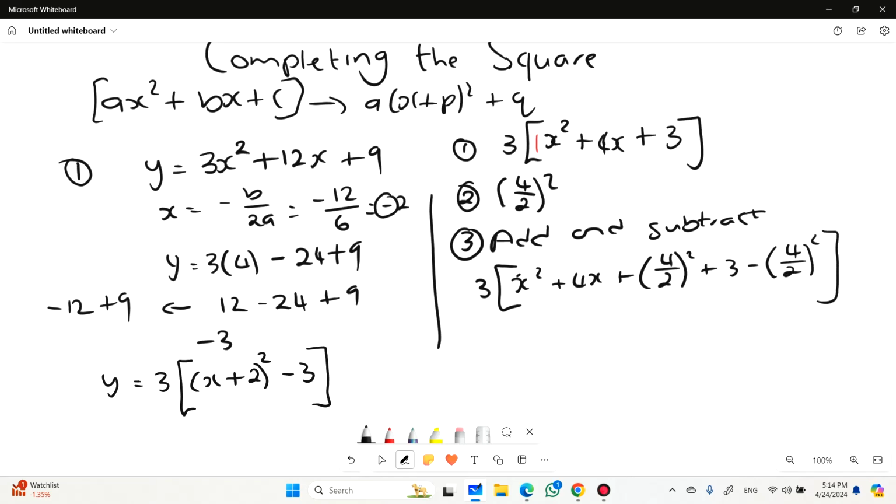You can see what I did there. I added this value here and subtracted, so if I add the like terms, these two will move here and I'll still get that equation. It's still the same thing, right? Okay, so the next step now is to take this part here,